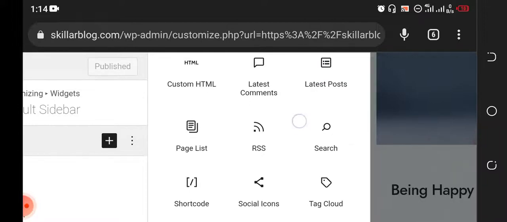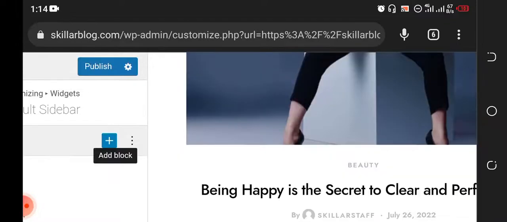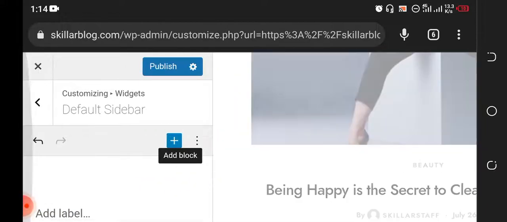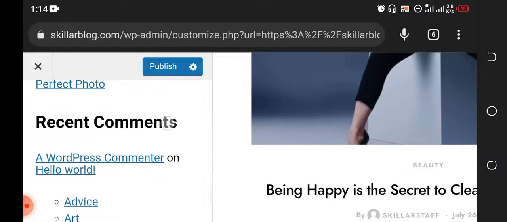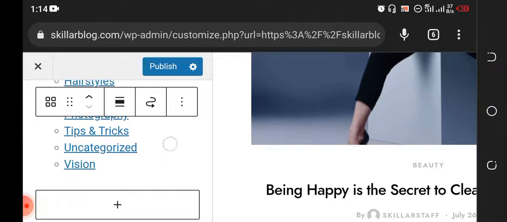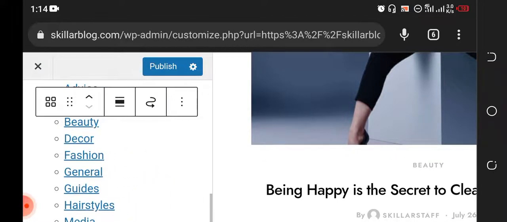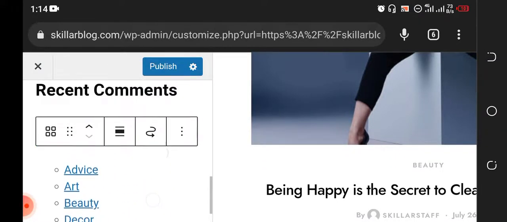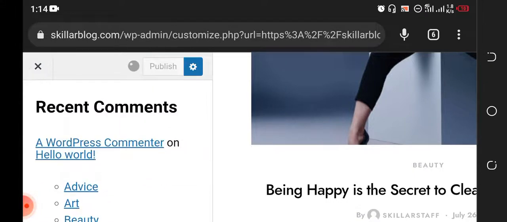So let's choose categories. Let's choose to have our categories there. Okay, so I've selected categories, and we'll see it here when we go down. Okay, that's it. That's our categories: vision, uncategorized, general, fashion, and the rest. So this is our categories. I just click on publish. I can also edit this and